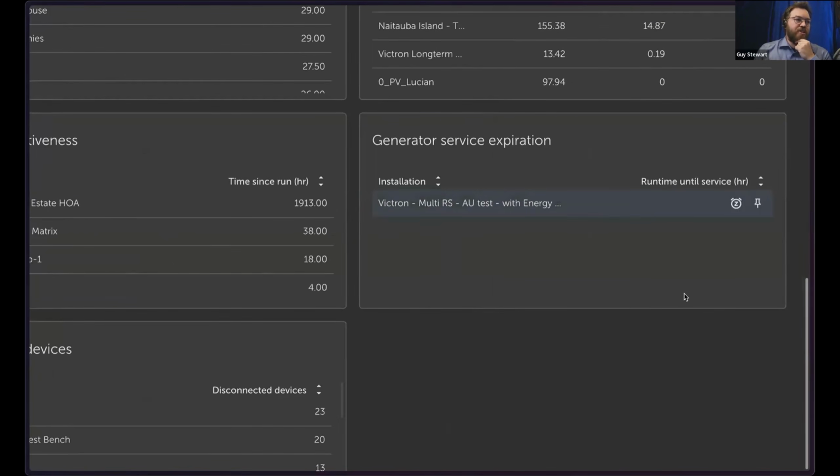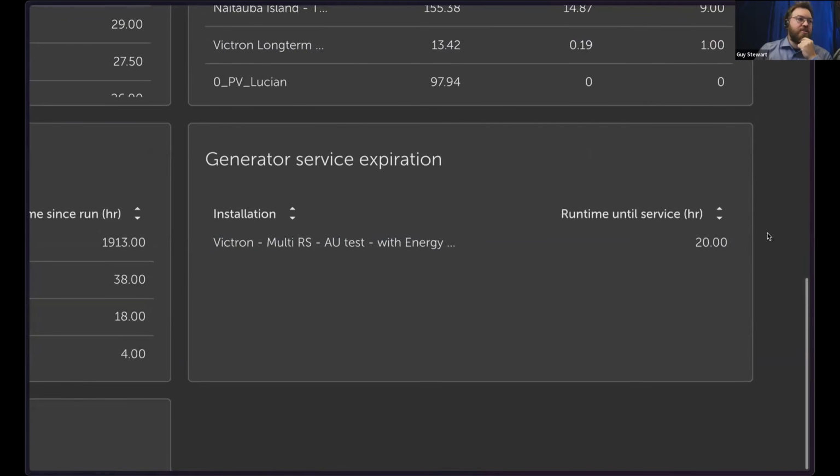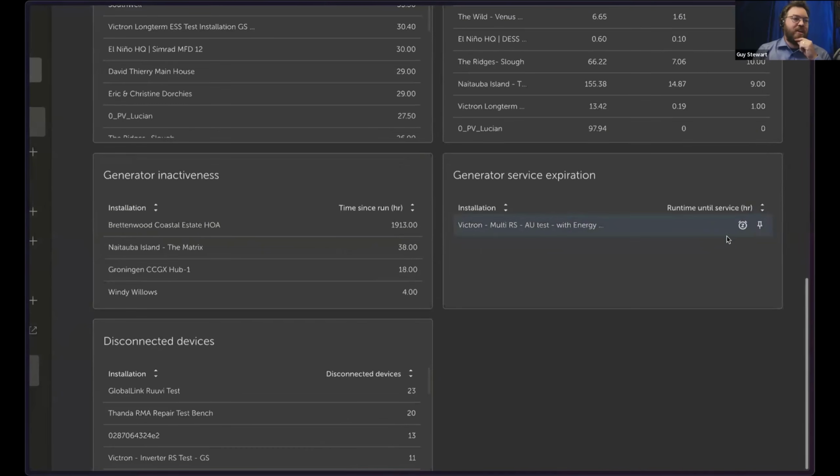The generator service expiration. Last year we presented generator service maps. I won't show that to you just yet, but basically you can then see your whole fleet of generators. This is very useful to some of you in the room, not useful at all to others, but you can begin to see at an overview to plan what your generators are doing. This is another feature to help you in that process. So you can begin to see in a list view what the generators' service times are like and if any of them are getting close. This will go red if they're overdue.